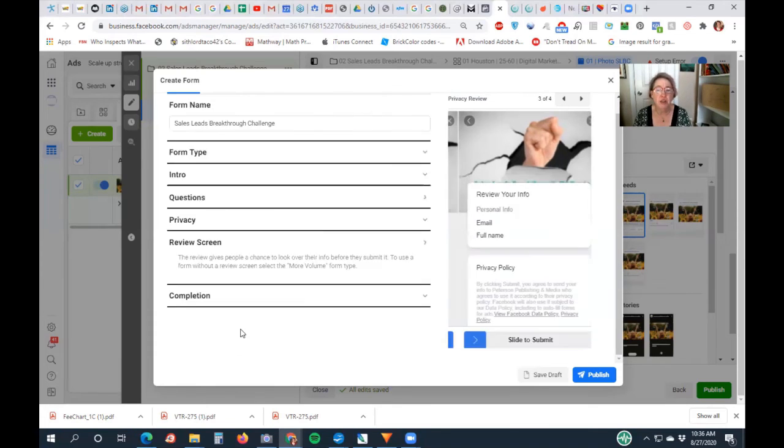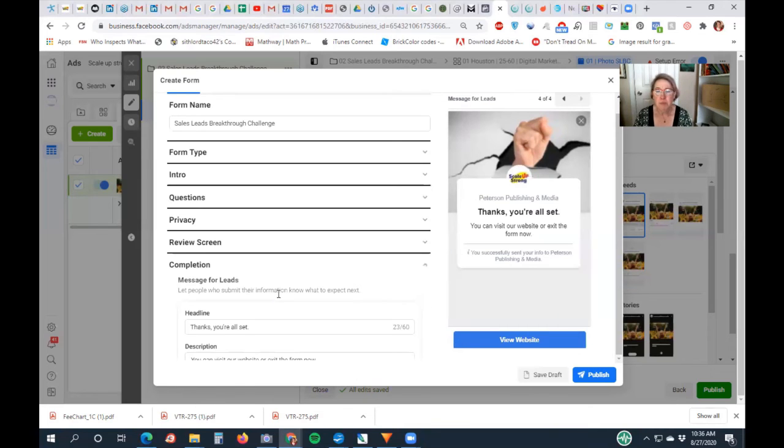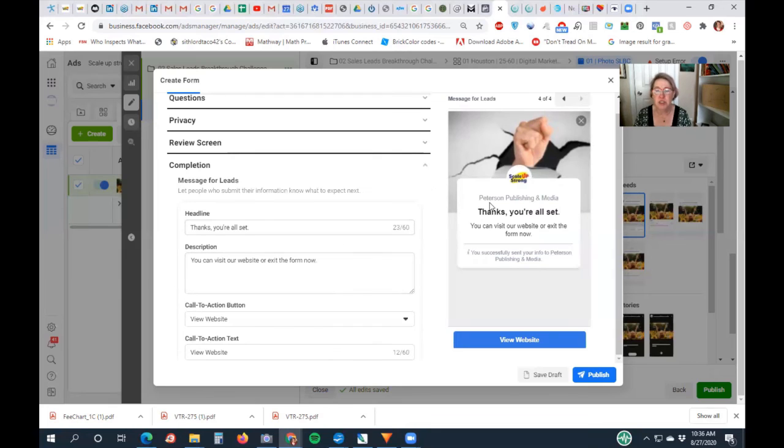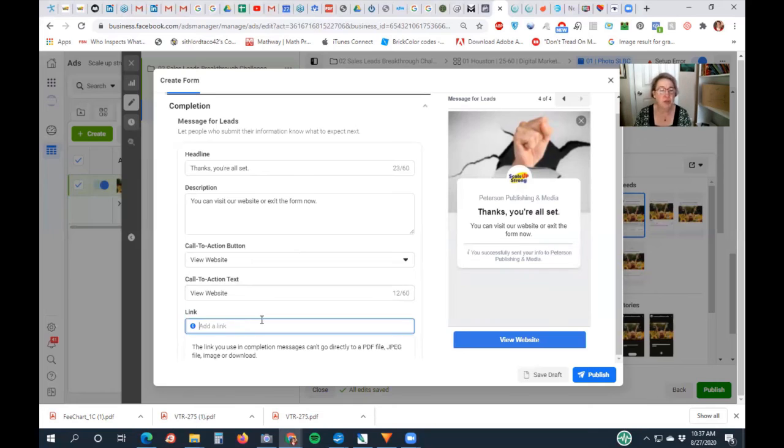Review screen, that gives you this. This is email, full name, and then they slide here to submit. On completion, you can set up what you're going to say. Thanks, you're all set. You can visit our website or exit the form now. And the website, you basically send them to your website. And your website would be, in this case,